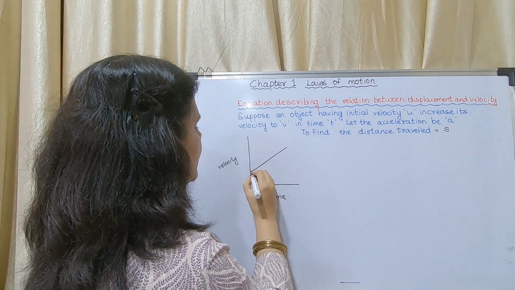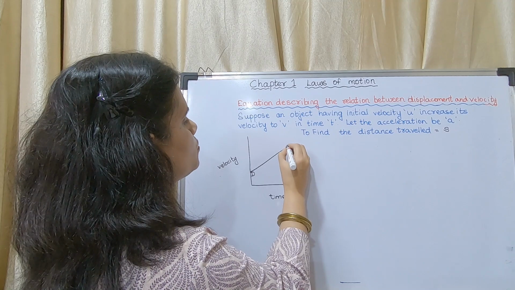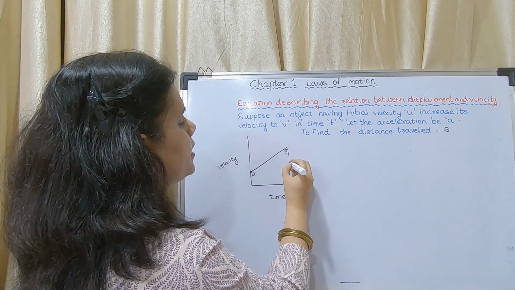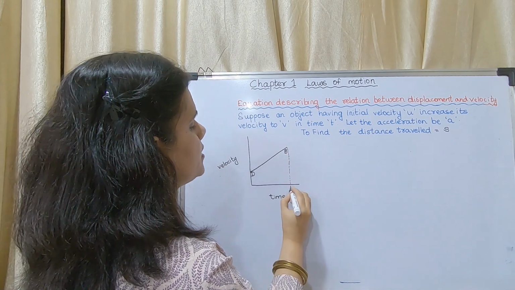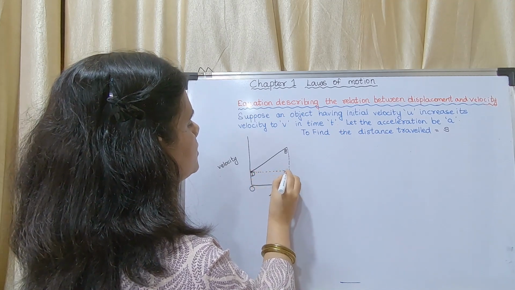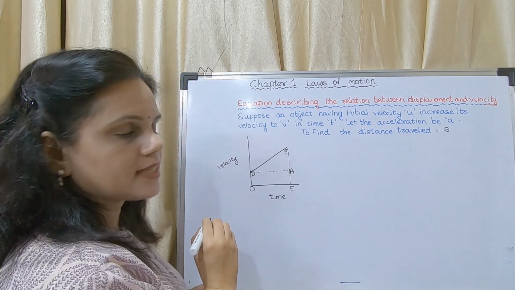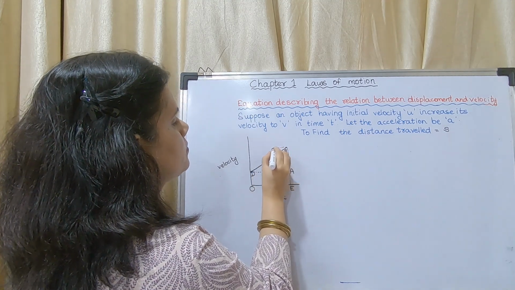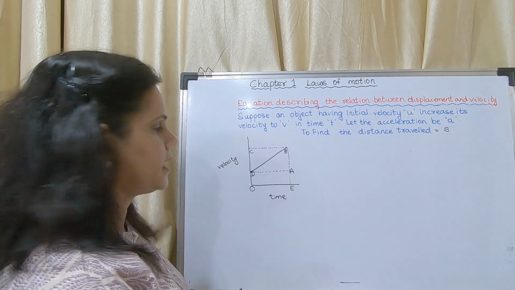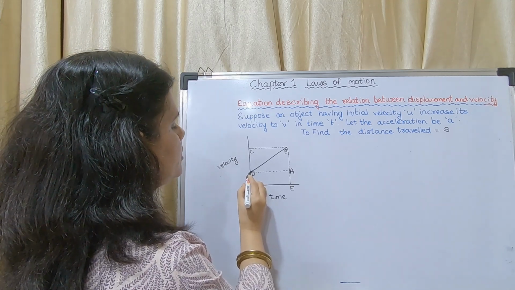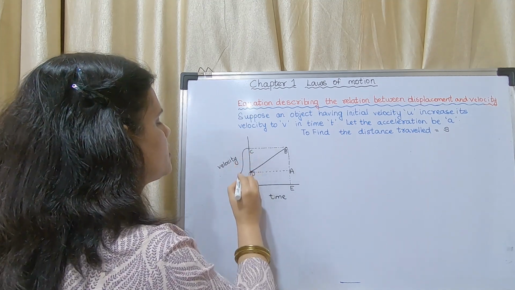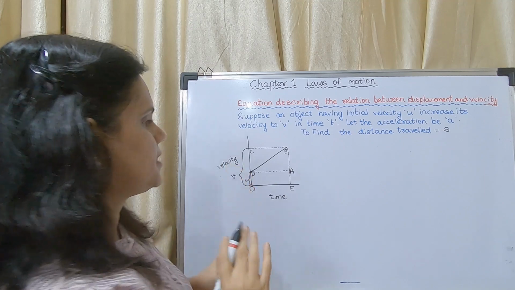They have marked this point as D and this point as B. They have extended this part like this till here and taken this point as E. This is the origin. They have extended this and marked this as A, and extended till here and marked this as C. Now, as this has an initial velocity, this much velocity is taken as U and this much velocity is taken as V. So this is the graph.